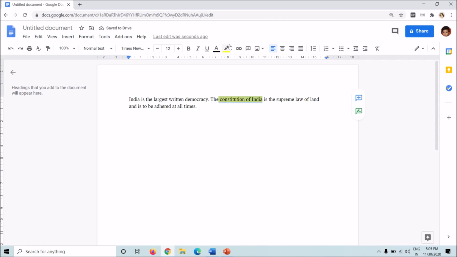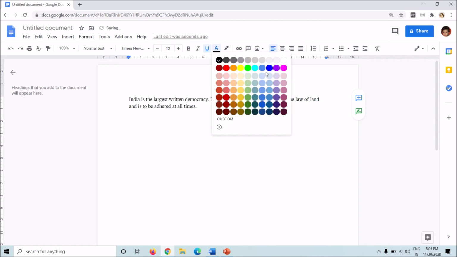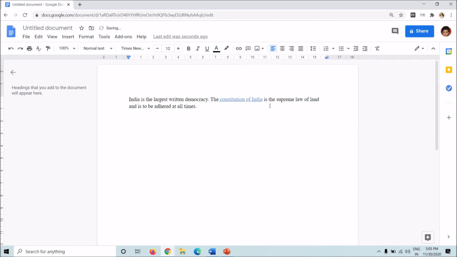If this looks tacky to you or too bright to you, it could be done through underlining, through bolding, italicizing the text, or changing the color of the text. All of these options provide a very suitable way to highlight a text, to demarcate the text from the rest of the text.